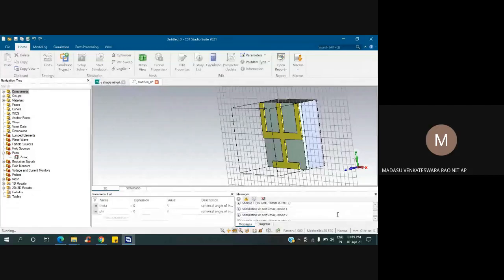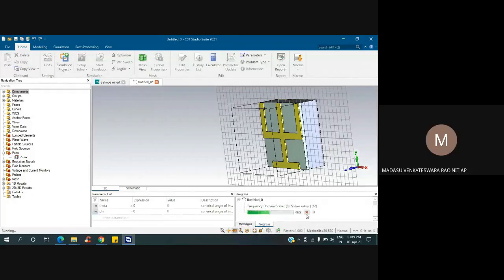The second one is the Floquet. This one, sir, the frequency domain. Okay, you can use tetrahedral itself. I think somewhere I saw that Floquet ports do not support hexahedral, so we can use the tetrahedral itself.